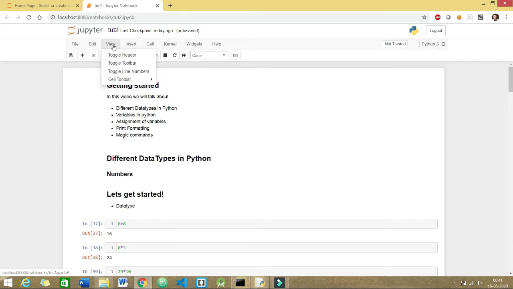And in the view section, I can impose numbers in my input cells. And as you can see, whenever we are coding, we need to insert cells in our notebook. There are two ways to insert these cells.